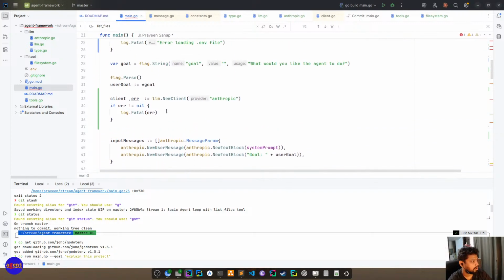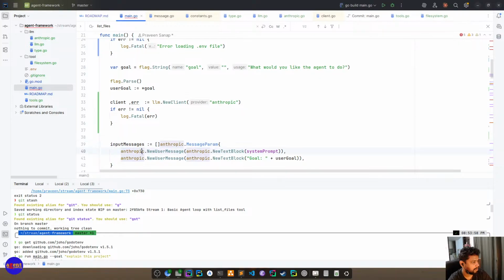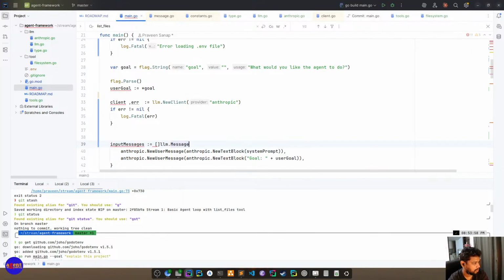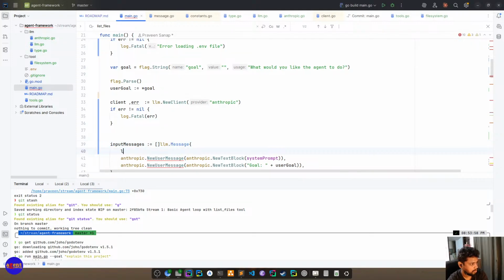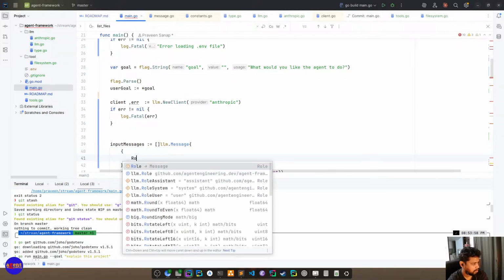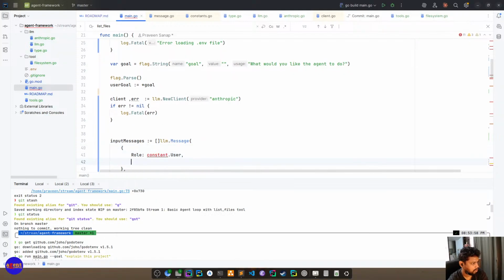Right, we got hold of the client. Right now, our input messages is LLM. Right, our first message is role is here.